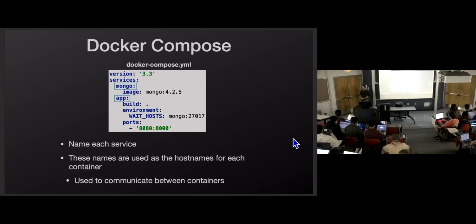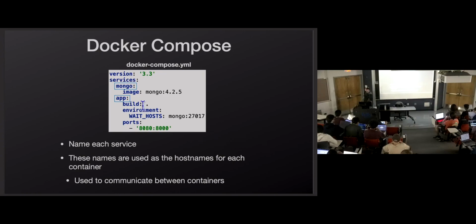So I have a question then. Is the image mongo, does it already have all the ports configured in the image? Yes. I'm like 95% sure.